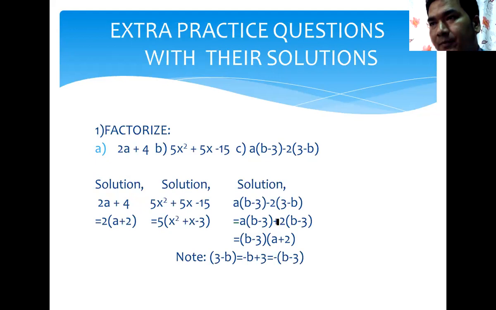2. Here we have provided plus 2, and because there is minus, now b minus 3 is common, and what is left here? a, and here is left plus 2, in the bracket a plus 2. These are the two factors of this question. This question is divided into two factors. I hope you understood. Now let's move to the next slide.